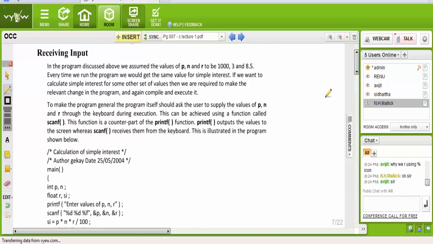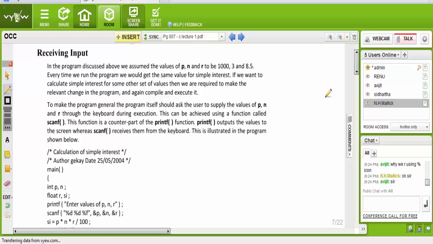Okay. Now, if we have to take those values from outside, like the user can put the value of principal, the value of number of years, the value of rate of interest, and it calculates the simple interest, then what should our program be? Earlier we gave the values P, N, R directly.